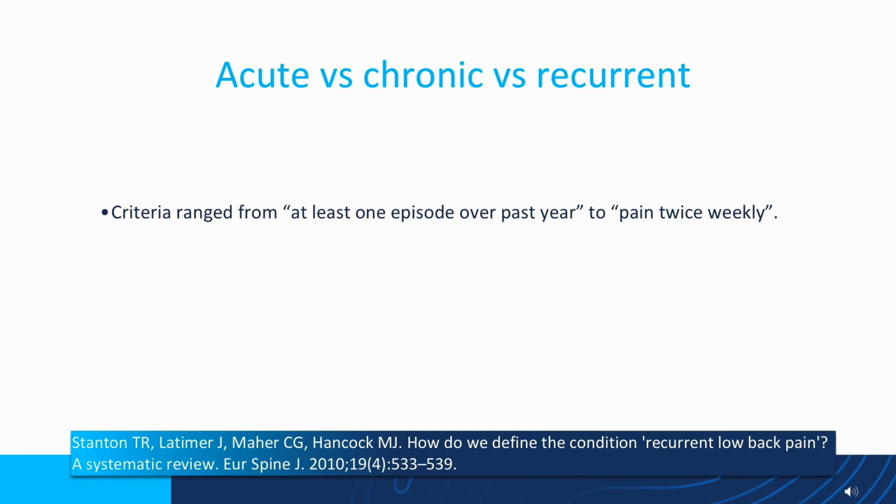Most people ask, what is the difference between acute, chronic, and recurrent? Well, acute is exactly what it says. It's a pain that is there for a short period of time, usually caused by some form of medical condition, trauma, or surgery. Chronic, as we've said, is anything that lasts for more than about 2 to 3 months, mostly 3 months. And then recurrent pain is a tricky one. No one has really defined what recurrent pain means. Some say it's one episode over the past year of pain, and all the way ranging to pain episodes twice a week. So when you use the term recurrent pain, follow that with something clear in terms of what you mean.